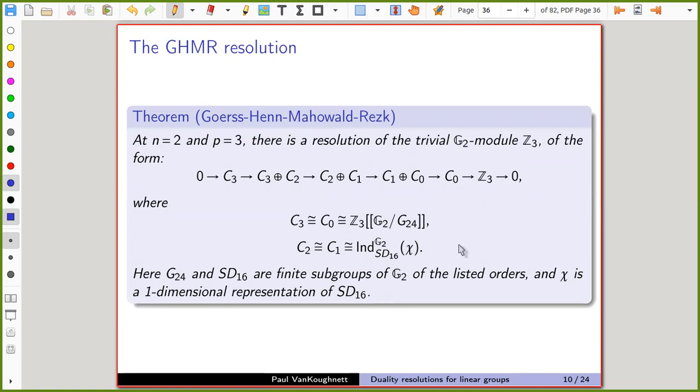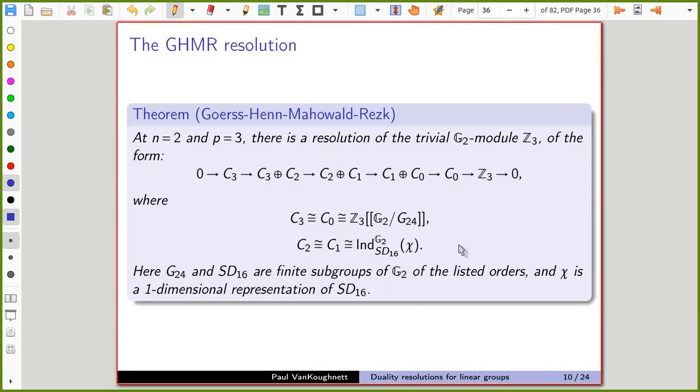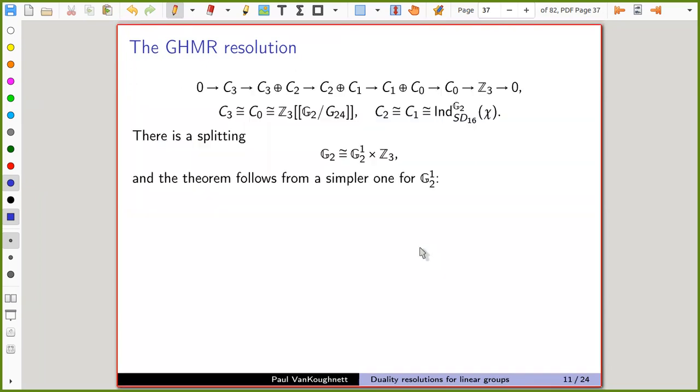Okay, so what this lets you do, did I write it down? I guess I didn't write it down, but what this lets you do is write down a spectral sequence where the lines in the spectral sequence are either the cohomology of G24 or Ext out of this representation of SD16, and it calculates the cohomology of G2 acting on your favorite module. This is built out of a simpler